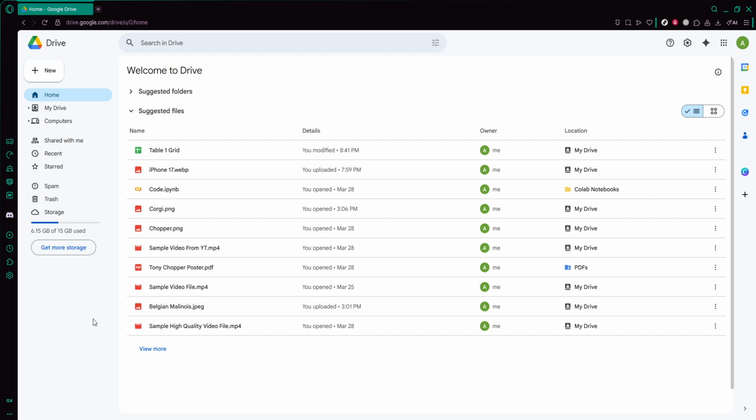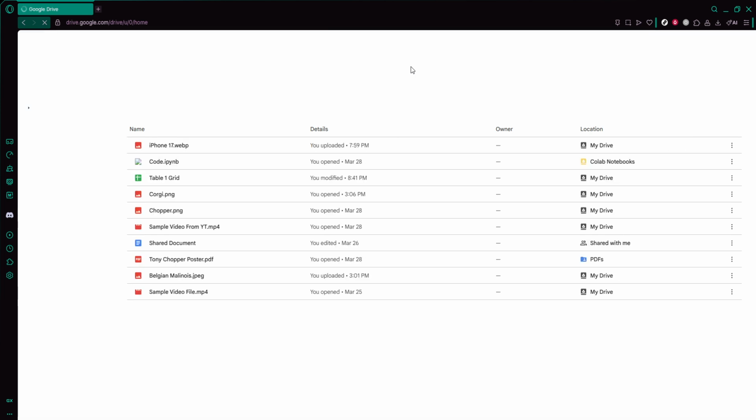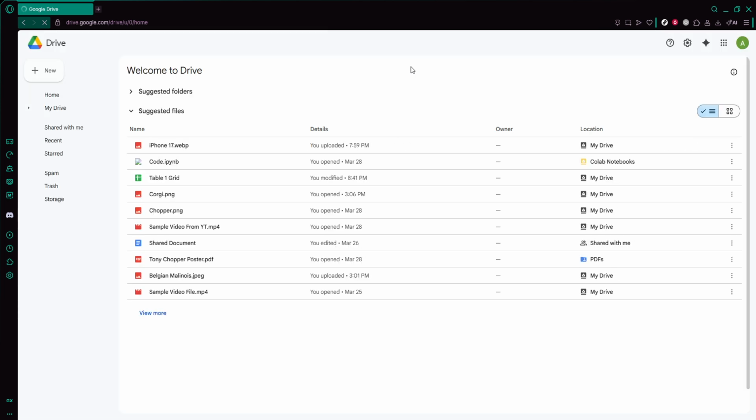Let's begin with the simplest step, refreshing the Google Drive page. Sometimes the page just doesn't load correctly the first time, or your connection briefly drops. If you're on a computer, click the refresh button in your browser, or press Ctrl+R on Windows, or Command+R on a Mac. Wait a few seconds and see if your files appear, or if the error message disappears. It sounds basic, but a quick refresh can fix a surprising number of issues, especially if the problem was just